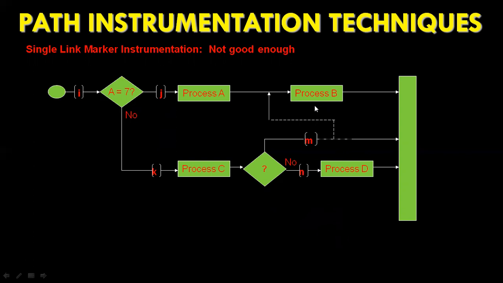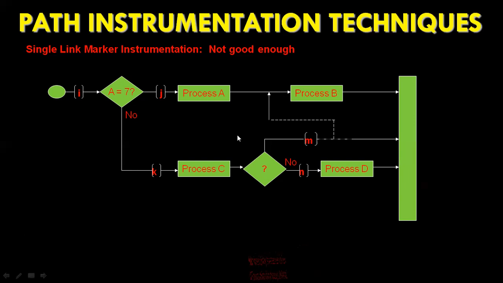So if coincidental correctness is against us, then the outcome will be the same and we won't know about the bug. Because here, even then we are going where we are supposed to go. So the outcome is correct, but we don't know that there was a bug here, instead of going through process B.